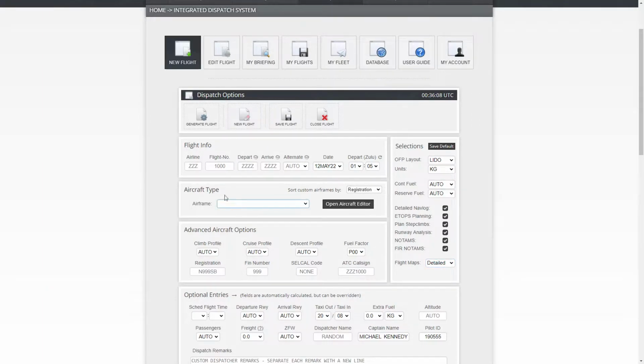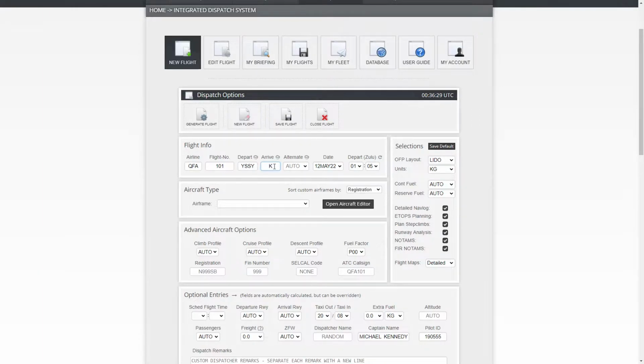Right, so how do we do it? You'll select your airline, okay? For this example, we're going to use Qantas, so QFA, and we're going to fly just 101, for example. We're going to be departing Sydney. I'm going to do a real big one, and we'll just go, for the hell of it, to